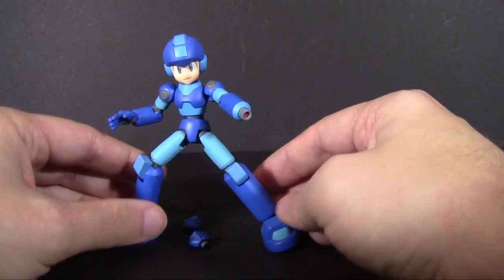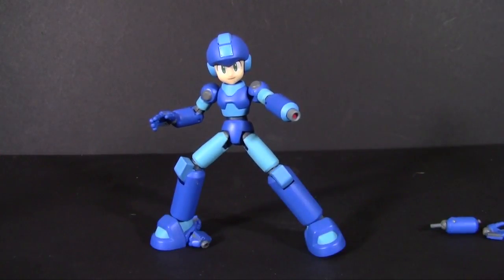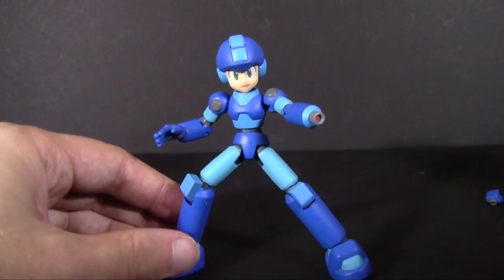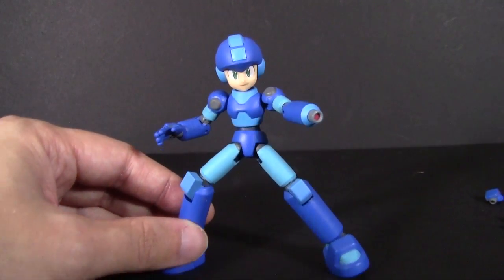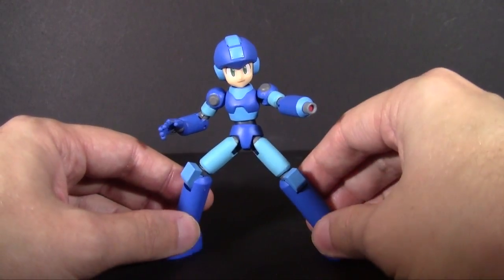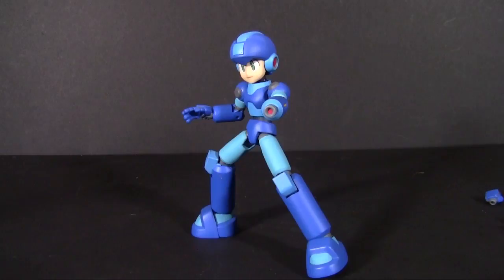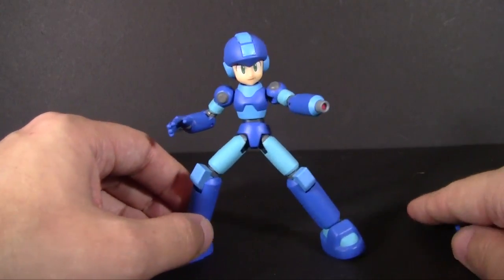The only real downside I have to him is I wish there was a little bit more play in his ankles. While you can get him into some decent action poses, he does kind of end up on the short end of things sometimes because his big feet are so rounded that it's kind of hard to get him into some balanced poses without a little bit more play in the ankles. So unfortunately, he's a little bit limited in that. Everything else, though,